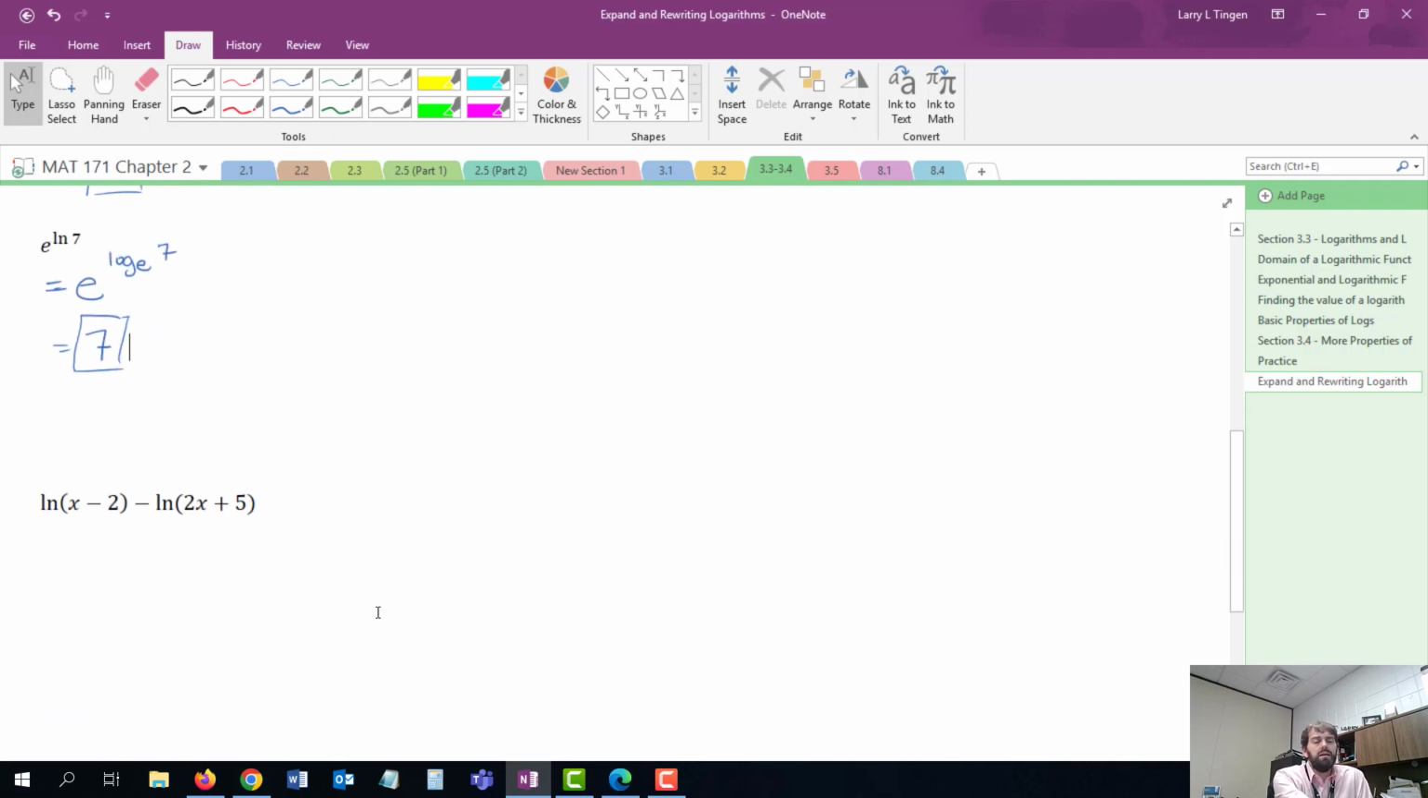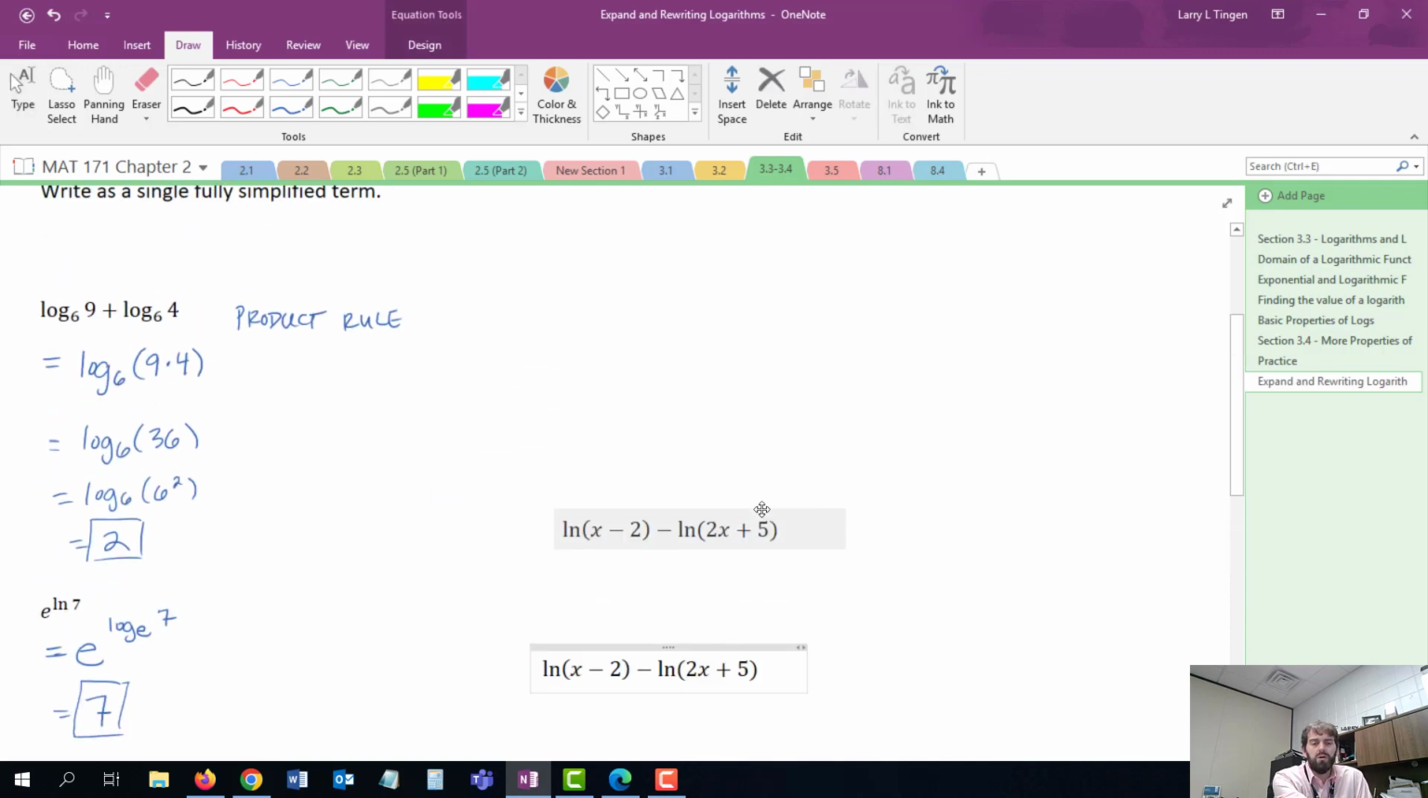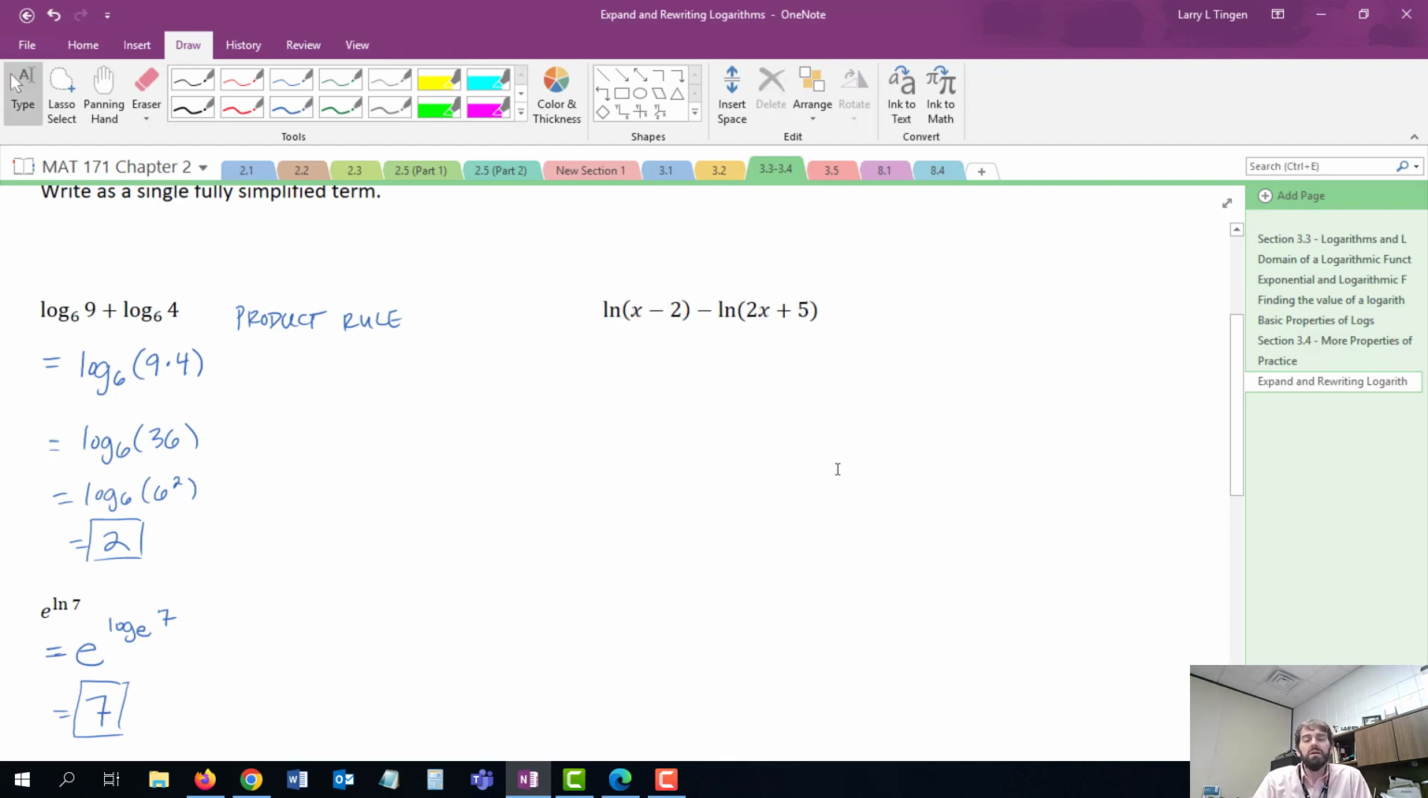Okay. Next, natural log. Let me come over here. I didn't put any problems on that side of the screen. Let's do that. Natural log of quantity x minus 2 minus natural log of quantity 2x plus 5. What am I about to use here? Well, I have subtraction on the outside. Subtraction on the outside calls on the quotient rule. Subtraction on the outside is the same thing as division on the inside. So that's the natural log of x minus 2 divided by